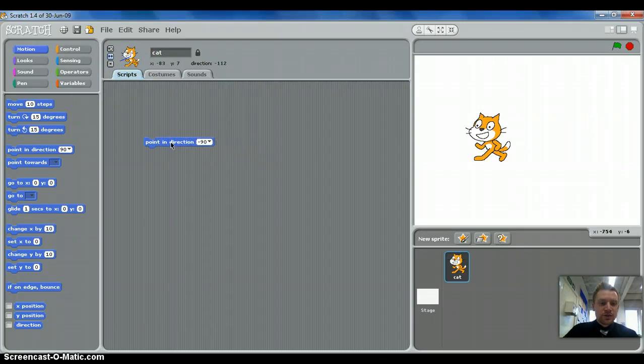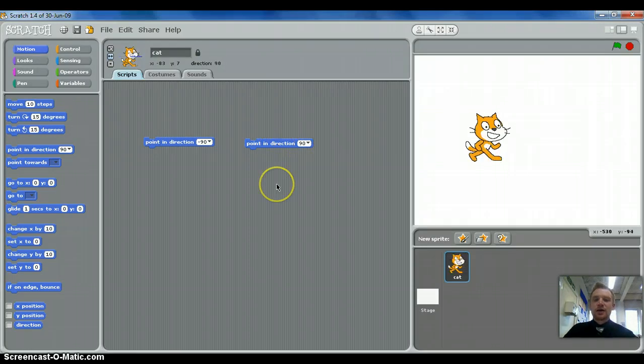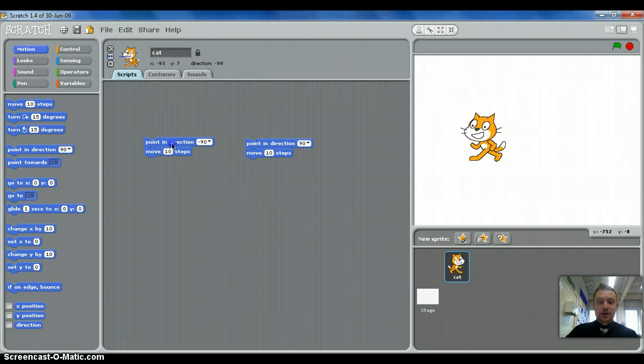So I have that option, and I can also duplicate this. I can grab from the left, or I can right click and duplicate this. So I'm going to have left and right. So right now if I click on that, he faces left. If I click on that, he faces right. We also want him to move in any direction, so I'm going to drag in move 10 steps. It's important you get this in the right order, in that he has to face the right direction before we get him to step. So when I'm clicking this now, he will face in that direction and then take a